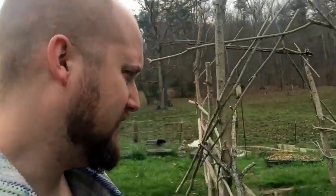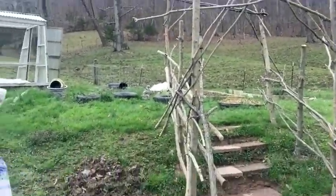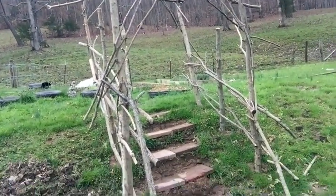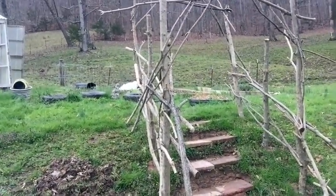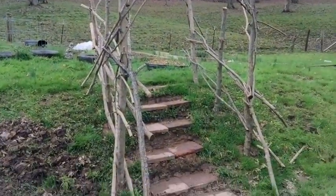Pretty good idea. Another thing is I put this monstrosity in. I was actually playing a video game, one of them old school dragon games, and they had these cool fences made out of sticks pretty much. So I built this